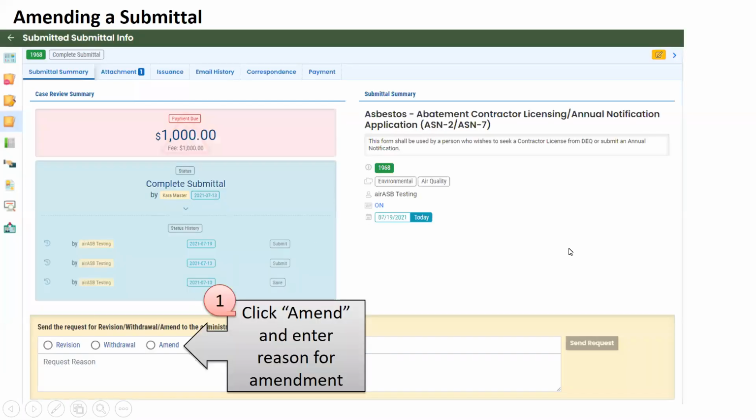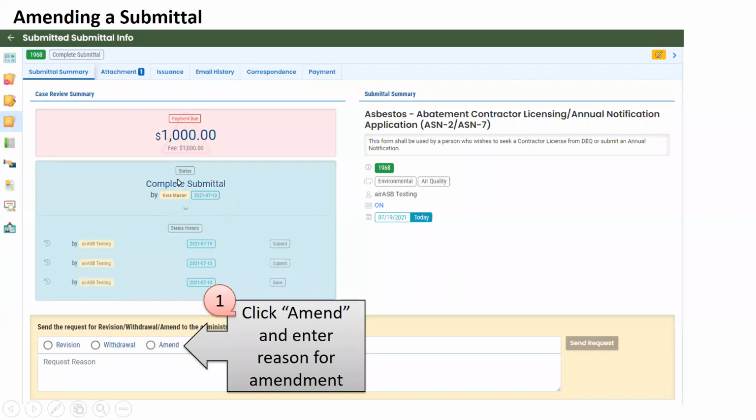So, amending an application. This is in the off chance that you submit something and then you realize after it's been submitted that you need to go in and revise your CCB number, or you need to add another supervisor, or you had a supervisor leave and it was your only one, and so you have to add a new one.